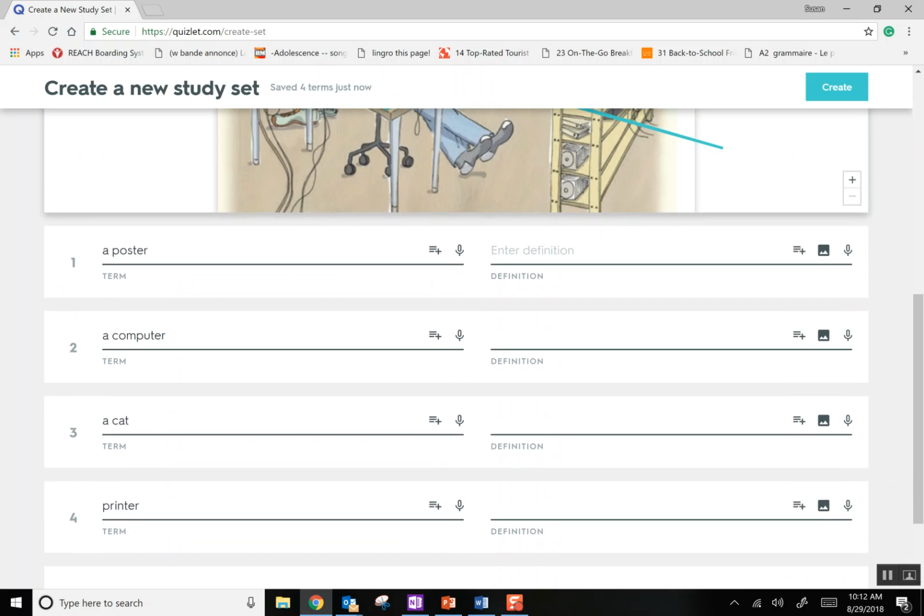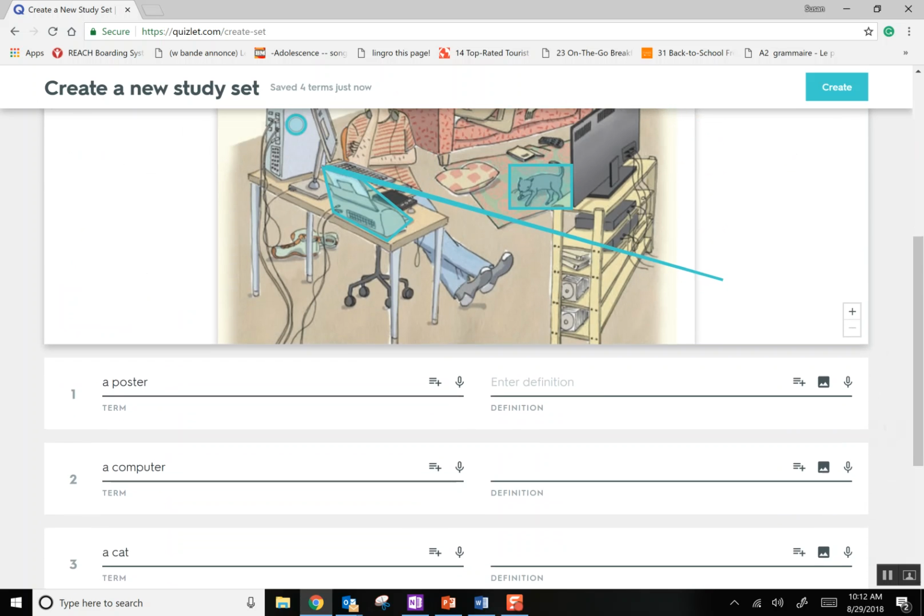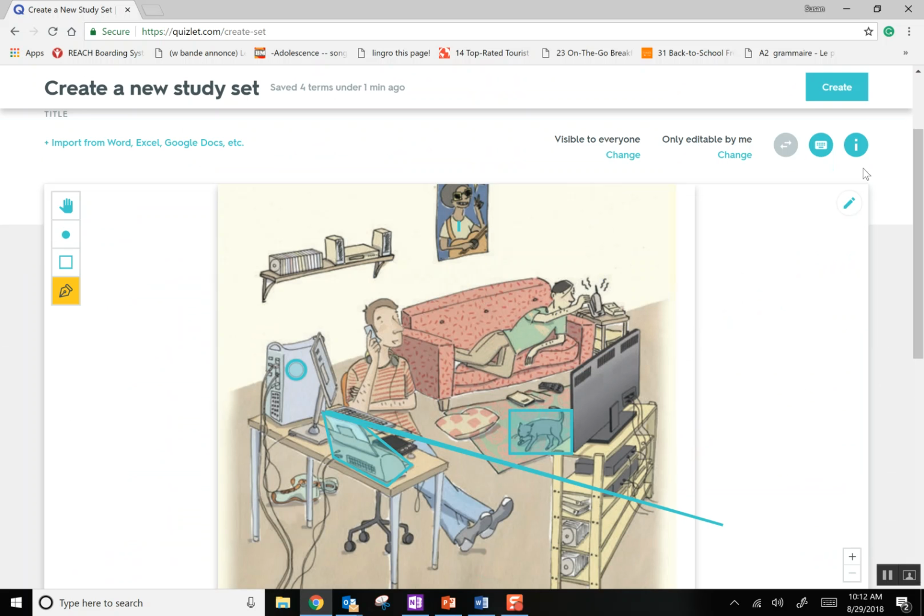As you can see, now this is pretty simple. Your Quizlet set looks a lot like it always has. And once you're through, you're going to come back up to create. Now I only have things you might want to do. I have visible to everyone, only editable by me. I like that to be the case. Flip terms and definitions, you can do that, although here you have images and definitions, so that doesn't